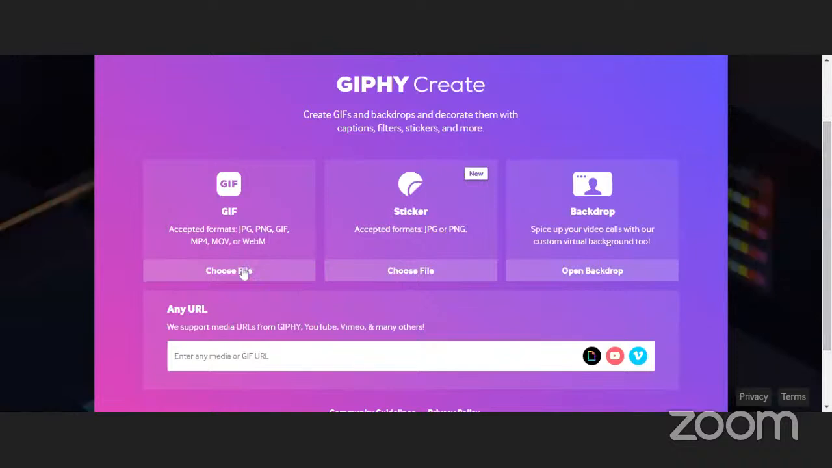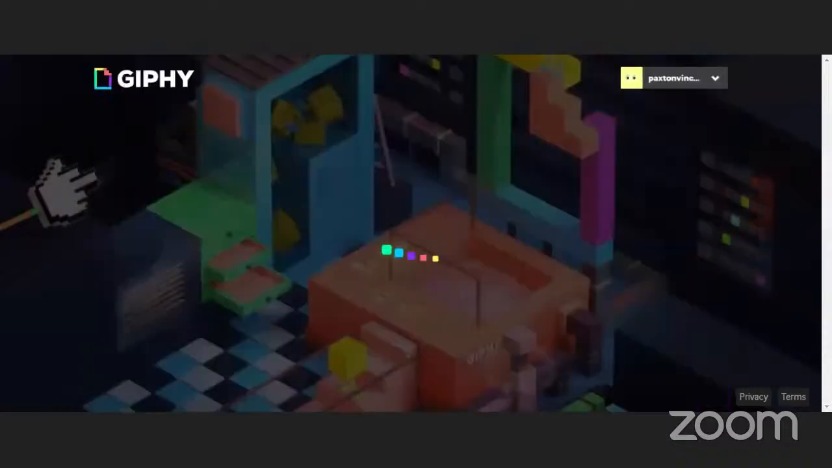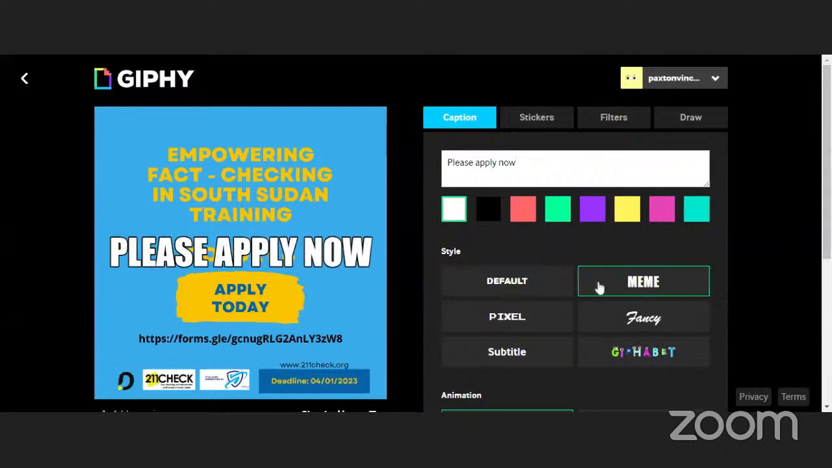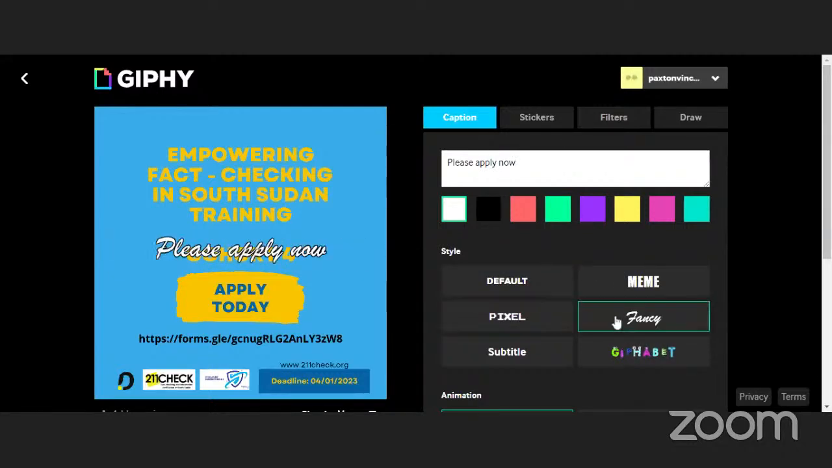So you can create a GIF from a GIF itself, from a sticker, from a backdrop. So let's say I want to use this image, and boom. So this is my GIF image. Then I can put a caption. Then I can put whatever I want. If I want a meme, pixel, fancy, and